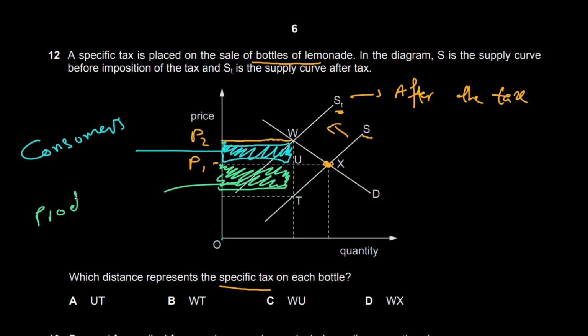our producers. So whenever you want to find the distance or the area that represents a specific tax on something, you just need to remember where the initial price was, P1, and then where it increased to, P2. So this entire tax would be your consumer tax, while the tax on producers can be identified by the area above the supply curve but below our price line. Okay, so often in our exam it will be shown by this line. If we ask for total tax, this entire section is basically total tax. Hence the answer will be WT.